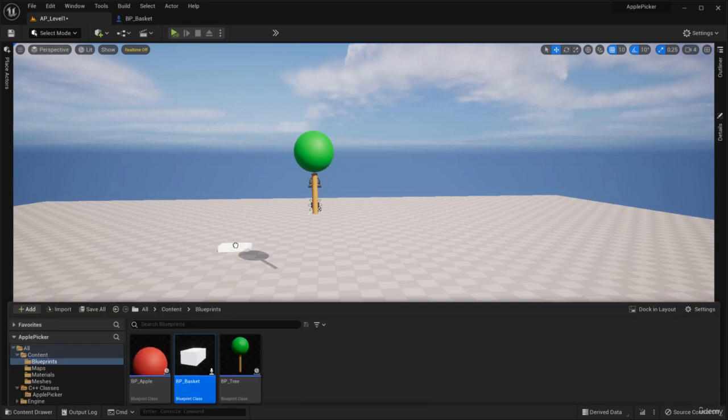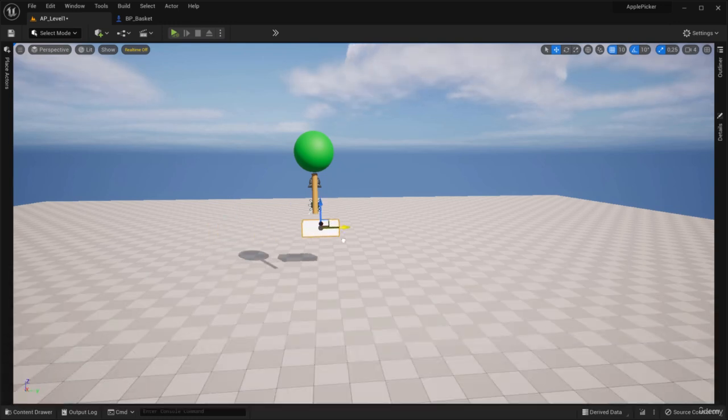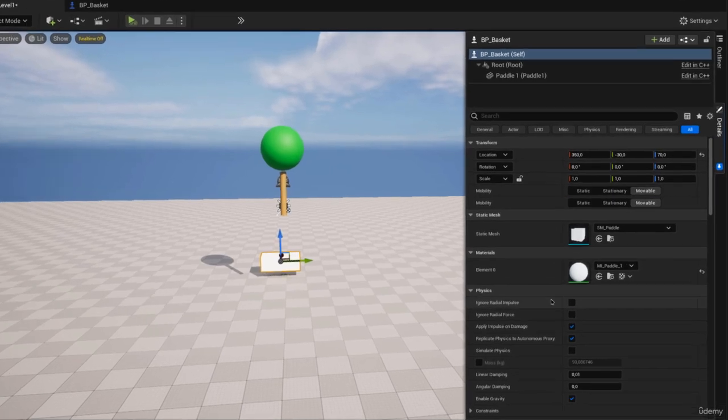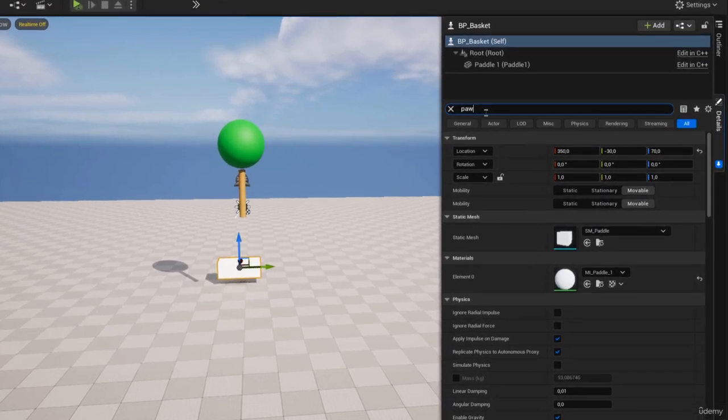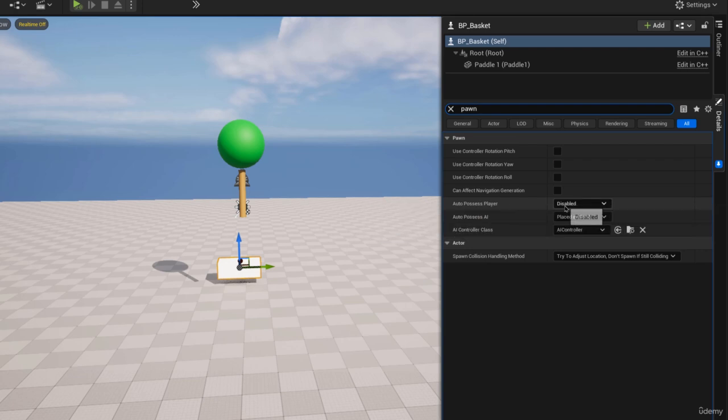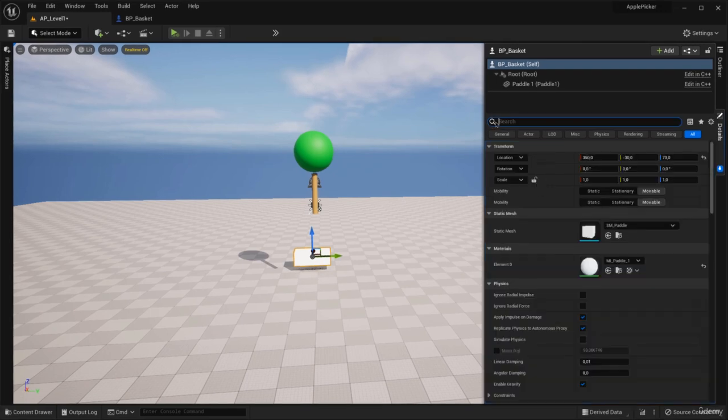And in the blueprint section, if I drag out a basket now, then we have this sort of petal. In the details, I'll just pin that. Search for pawn. We want to select auto possess player. We want to set this to player 0. This is typically set to player 0 because that basically means the first player. It's kind of like an array. We start at 0, not at 1. So the first player, we want that to possess this particular pawn. Auto possess player is going to determine which player controller should automatically possess the pawn when the level starts, when the pawn is spawned. Okay, so with that set up,